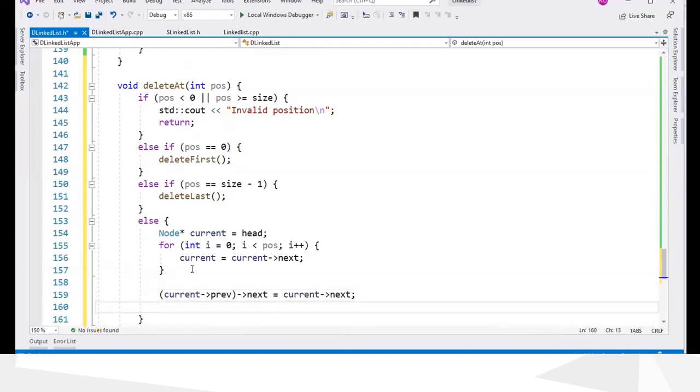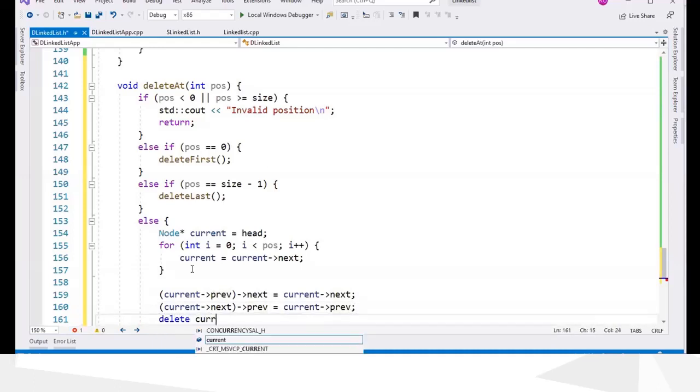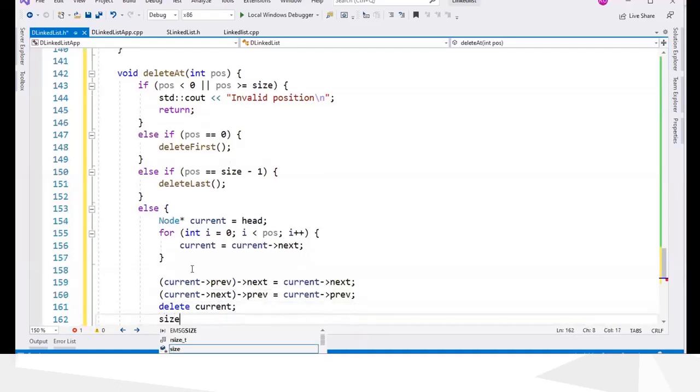And then we go to the current next node, which is the next node. The previous of this one should be the previous node of current node. Now we can delete current, and size should be decreased.